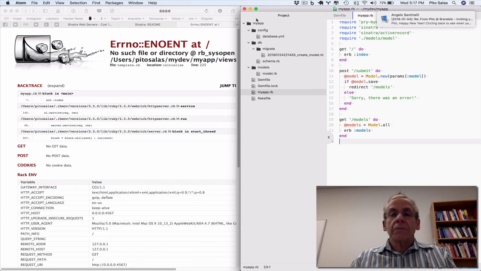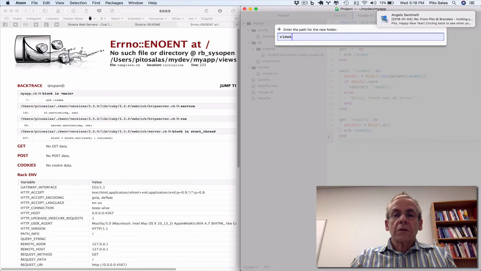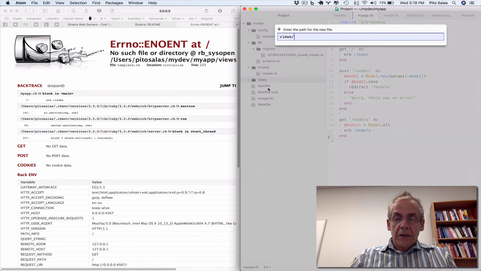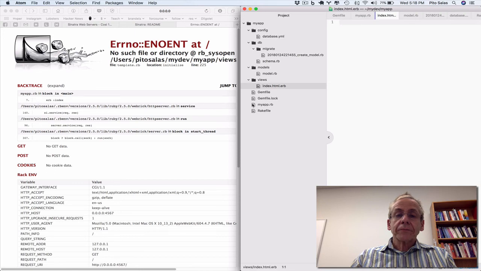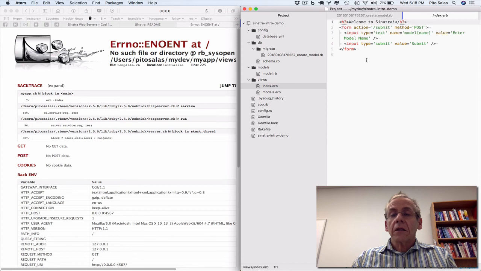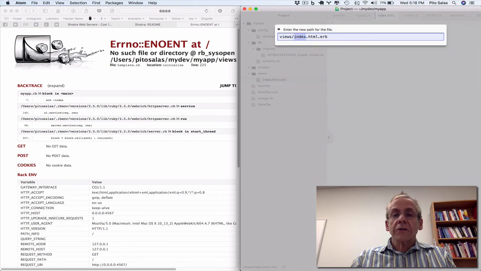So, new folder views, and in here we're going to start by simply creating index.html.erb, and we're going to steal from here actually what's in there, and go back, and I'm going to correct the naming of this file. It's just .erb,